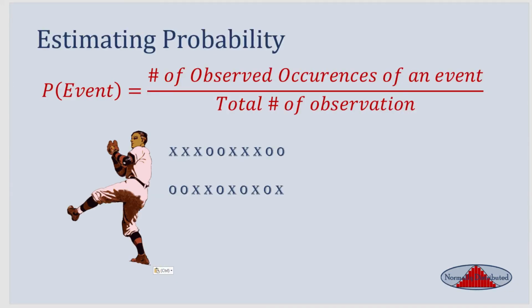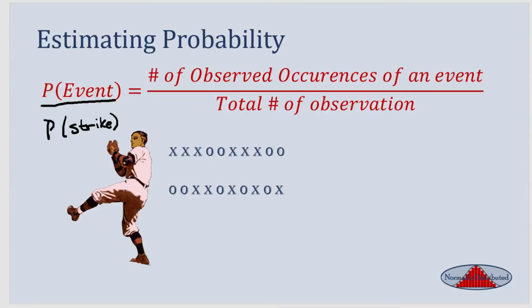All right, so we have our chance experiment set up. We've watched a pitcher throw a bunch of pitches, and we've counted up the number of strikes. Now, how do we figure out the probability? We can estimate the probability of an event occurring using this formula here. What you'll see here is the probability that an event will occur. So in our case, it would be the probability of a strike, and that is equal to the number of observed occurrences of that event, or in other words, the number of strikes that we count, divided by the total number of observations.